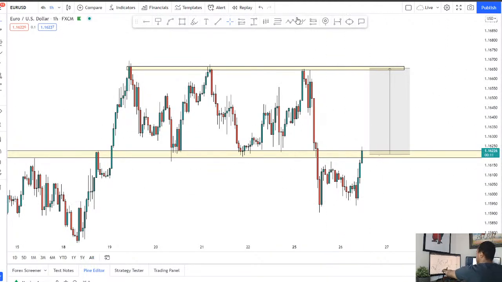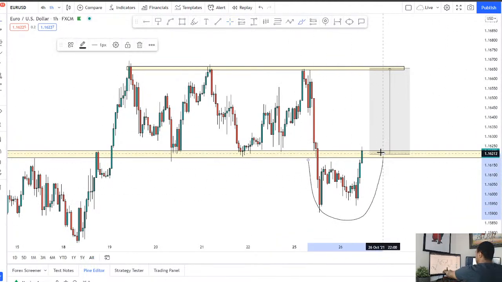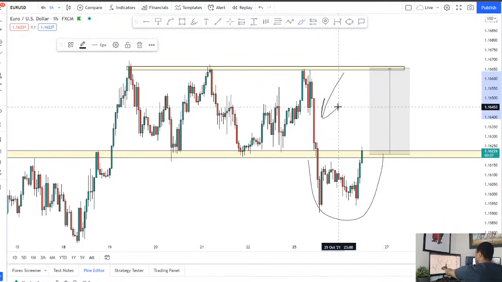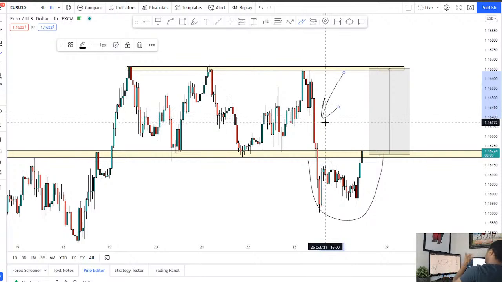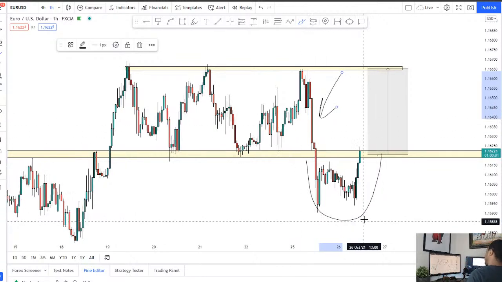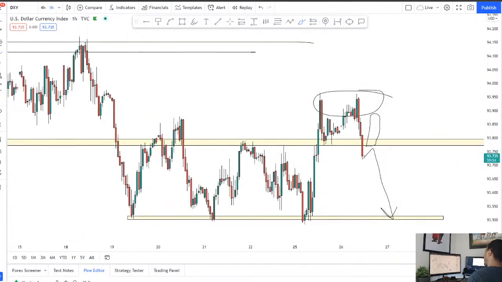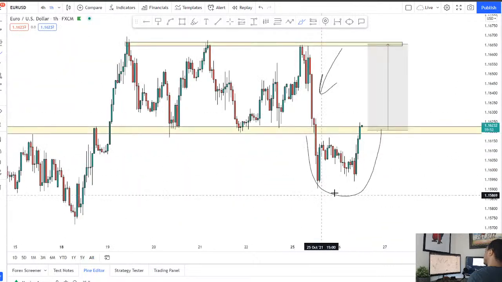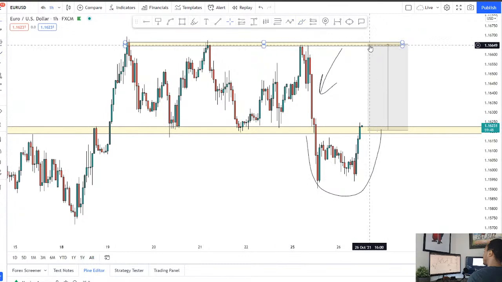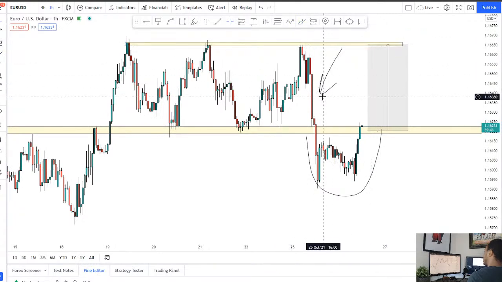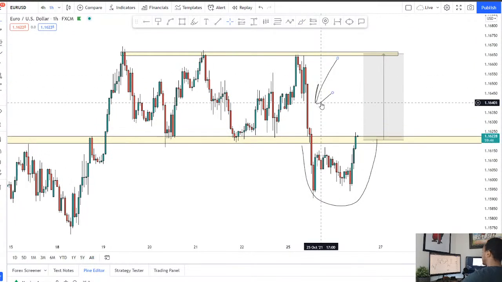I think this here is just a big liquidity grab to the downside, because we just broke to the downside with so much momentum. Normally when we do see that momentum, it's because price is getting ready to reverse and continue down. But because we're coming to the upside quite aggressively, and DXY is starting to melt off, this looks like a big liquidity grab to me. So on the break and retest of this level, I feel that range to the upside is looking very, very good. So yeah, Euro back up to